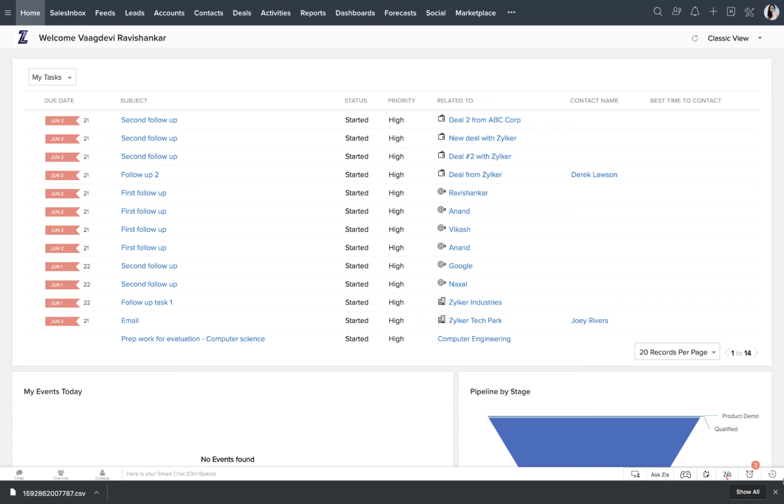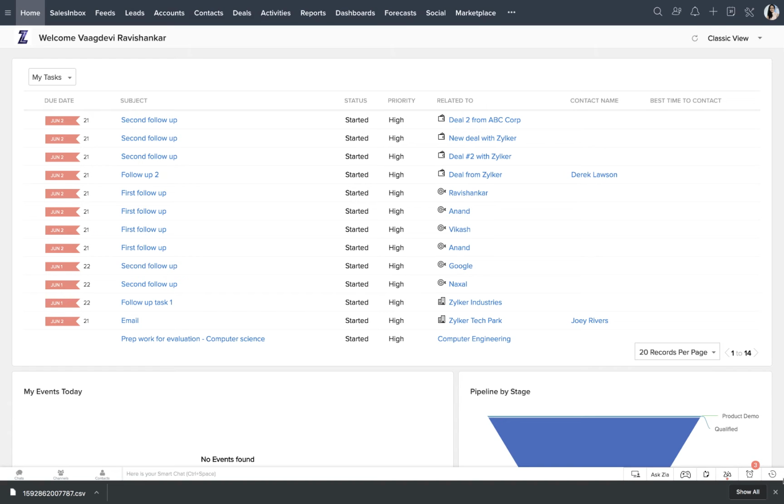For instance, say as a sales rep, whenever I log into my Zoho CRM account, I want to keep a tab on certain pieces of information, and that includes my current tasks, that is, tasks for the day, and maybe a few deals which are in the product demonstration stage. Now, I am directly in charge of product demos in my company. So, I want to keep a track of deals that are in the product demo stage so that it's easy for me to follow up.